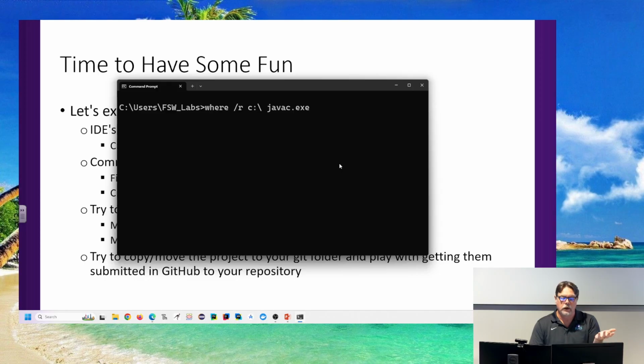So when I stop talking in a moment, one of the first things I would like for you to do is open a command prompt and do these commands. Look for java.exe and look for javac.exe. Because just like with git.exe, I want you to be aware of where and how many times Java is installed and the Java compiler is installed on this computer. And have that in the back of your mind at home too.